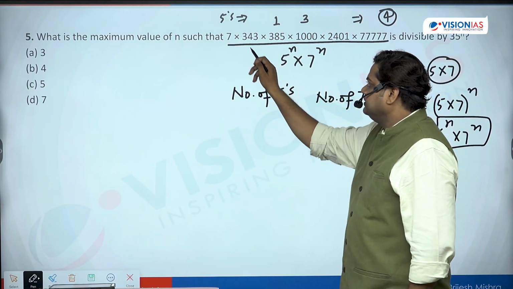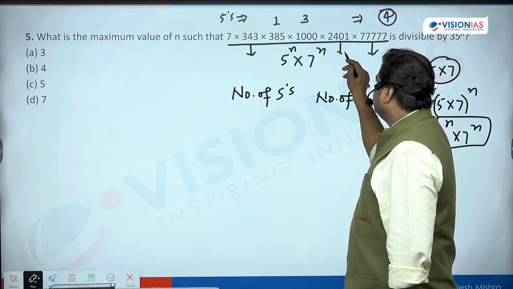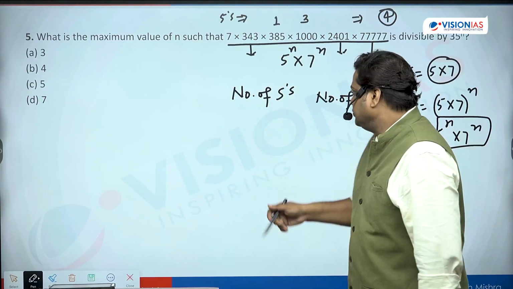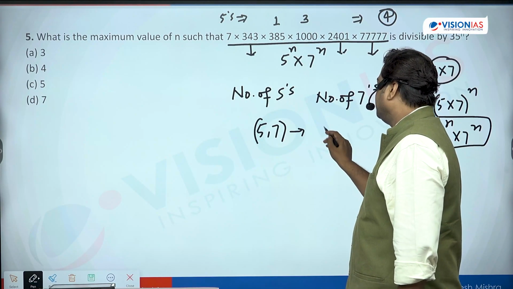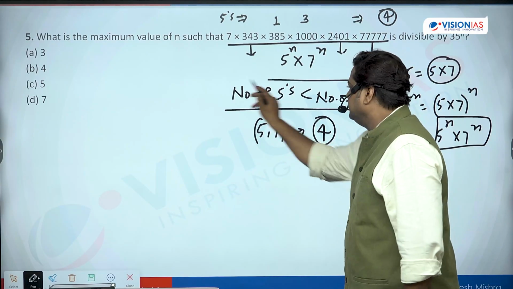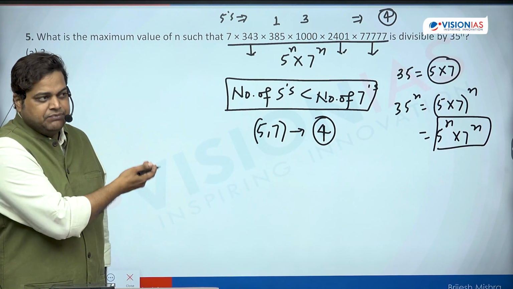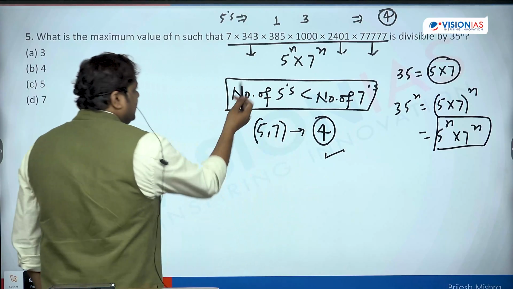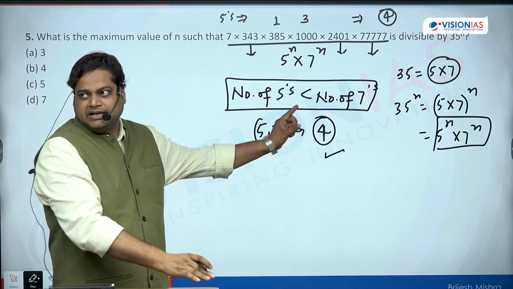But number of 7s: 343, 77777, 2401, 7. So we are getting more than 4 7s. So how many pairs of 5 and 7 can we have? 4, because the number of 5s is less than the number of 7s. In the factorial concept also, the same thing we were discussing. So 35 to the power n, if it is more than 4, say 35 to the